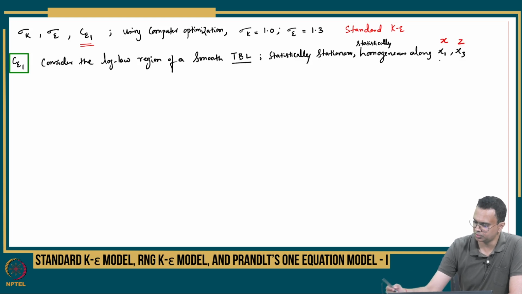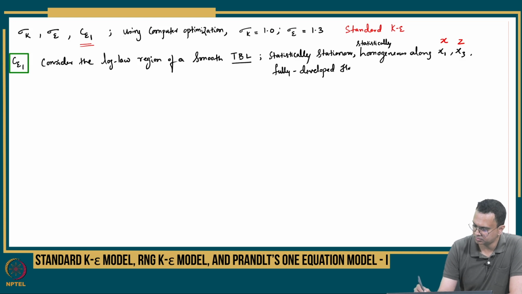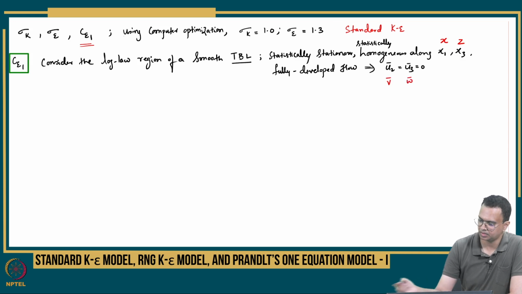Okay, statistically homogeneous along x1 or x3 direction, and the flow is fully developed flow, which gives you u2 bar equal to u3 bar equal to 0, that is v bar, w bar,